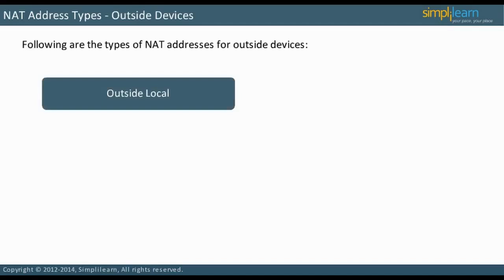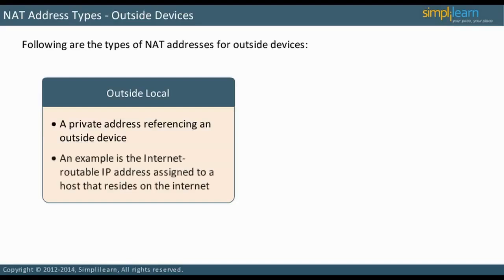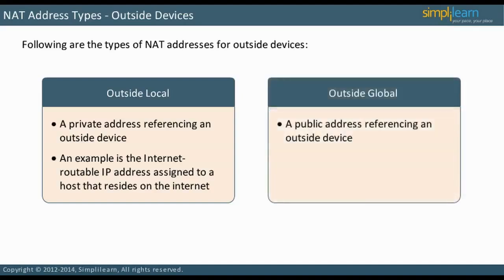An outside local address is a private address referencing an outside device. It is the address of the outside host as seen from inside your LAN. An example is the Internet routable IP address assigned to a host that resides on the Internet. An outside global address is a public address referencing an outside device. It is the address of the outside host as seen from the Internet. In the next slide, let us discuss types of NAT addresses. Example: